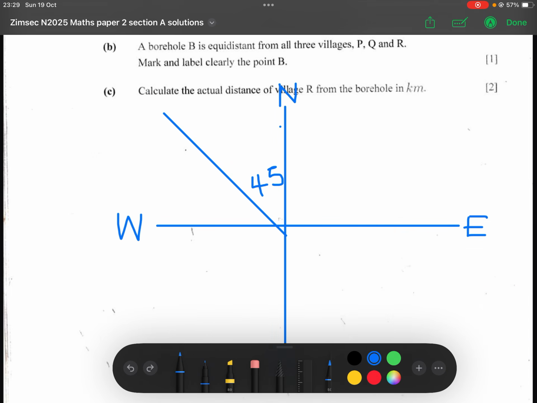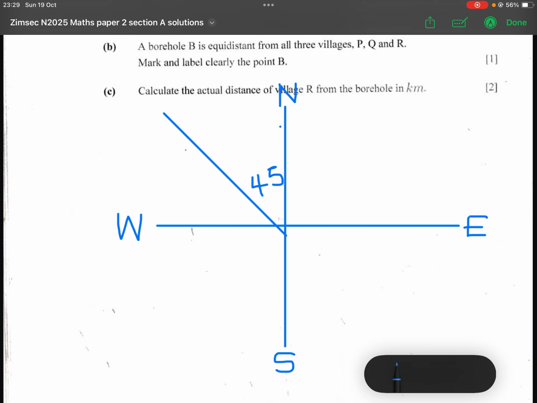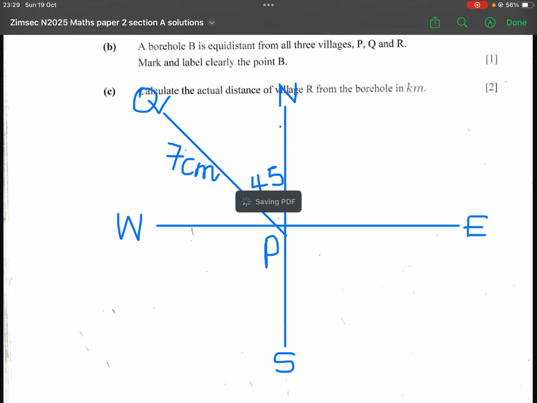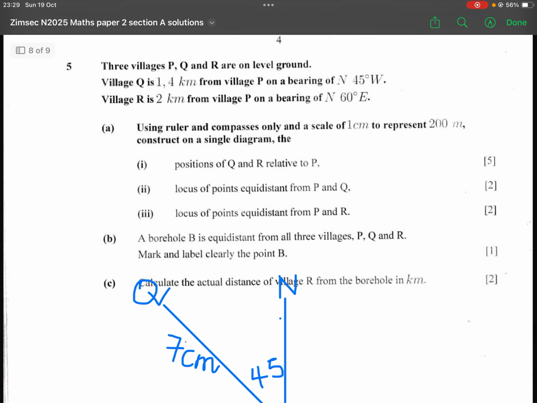So let me remove that part. We are saying from this is our P, and then this is our Q. This is supposed to be 7 centimeters. This is still a sketch diagram, right? And then there's that part which is saying